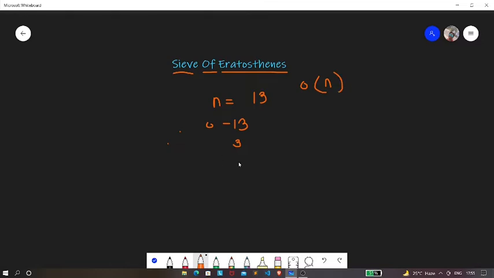So let's say that we have an array, and the size of the array should be n plus 1, where n is this number n. Over here the value of n is 13. So let's consider an array.